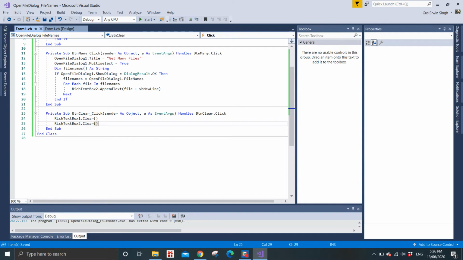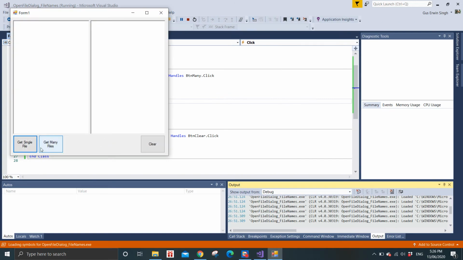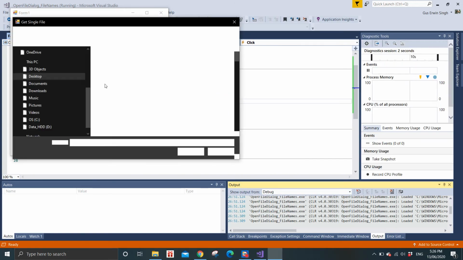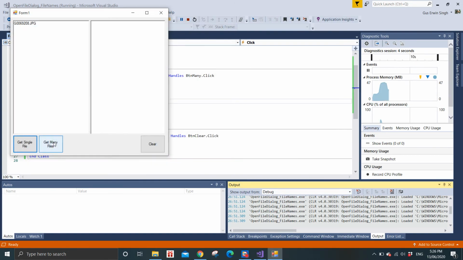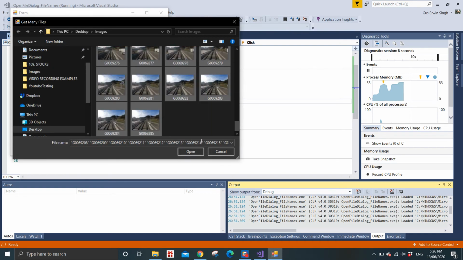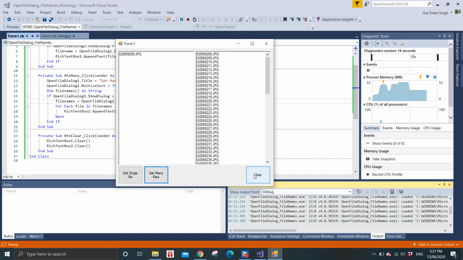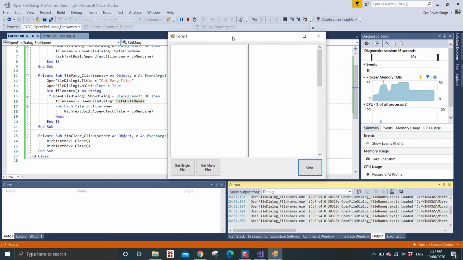So this is a very easy example on displaying file names. I'm just going to save the file names in your displaying many files function and just run it. And you can see I'm just going to select one file here. It's in here, Get Many Files. I can select as many files as you want and click Open, and you can see that many files here are being selected. So this is a very simple example of how you can use OpenFileDialog to display